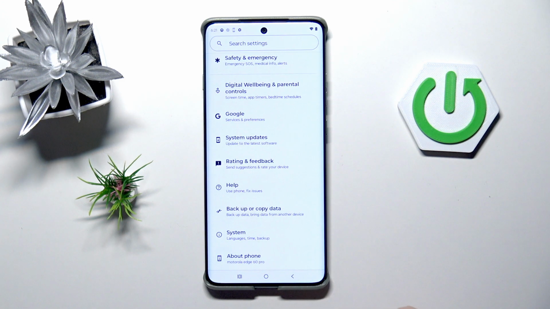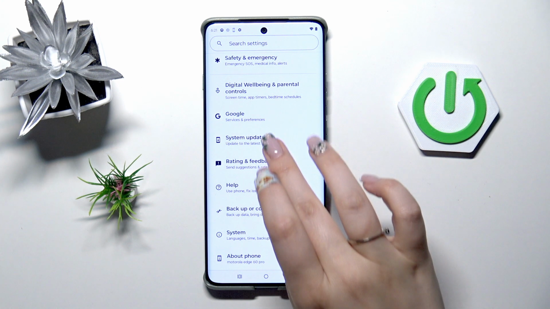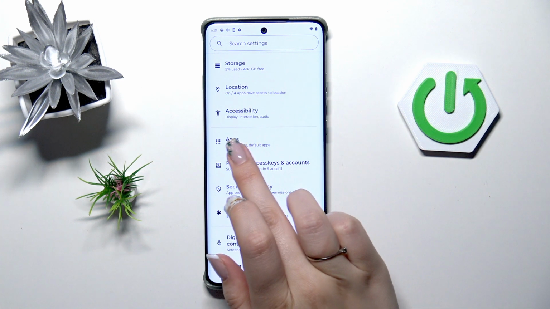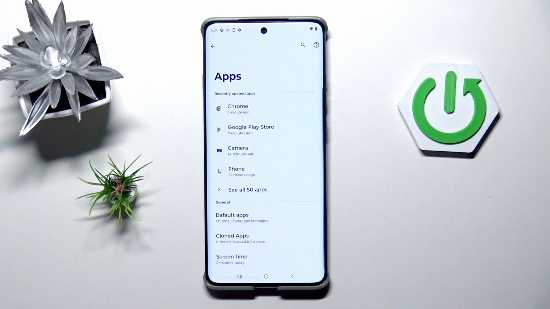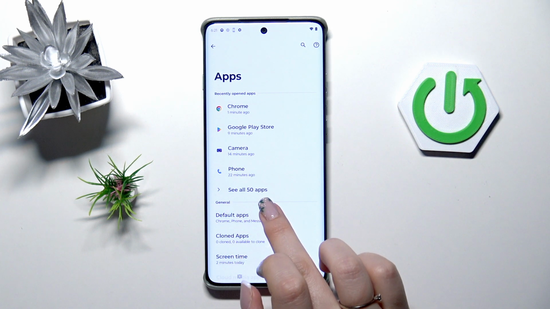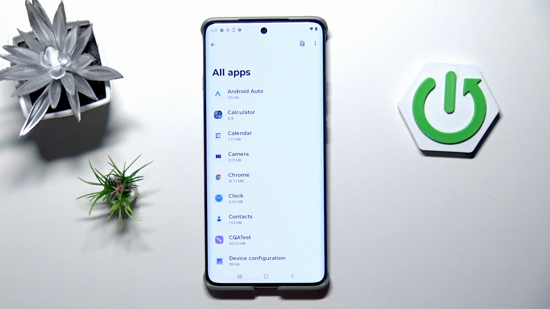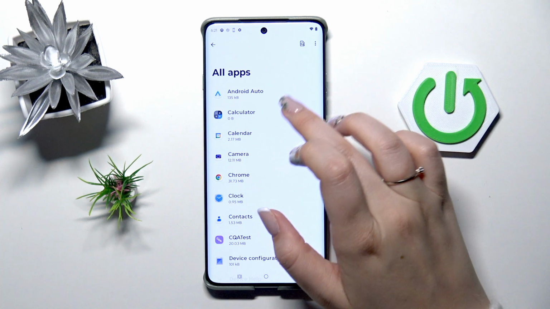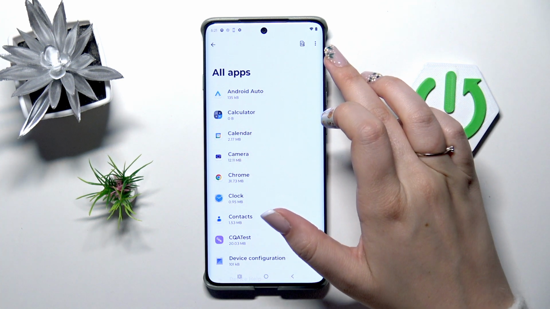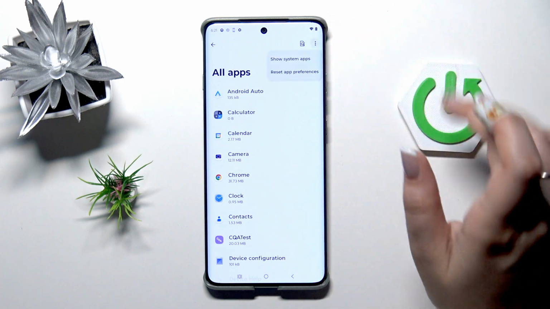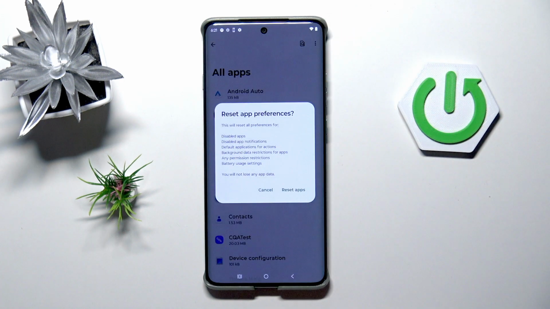Let me go back quickly to the general list, and here we have to scroll and find the apps. Let's tap on it. Then let's tap on see all 50 apps, of course 50 apps in my case. You can have a different number, and then after tapping on it we have to choose this 3 dots icon in the right upper corner. Now let's enter reset app preferences, and here your device is informing you what it will